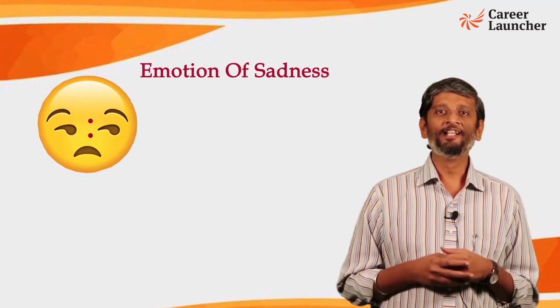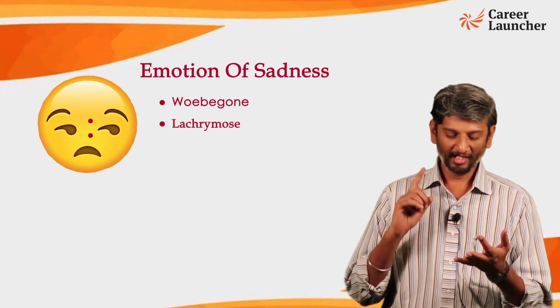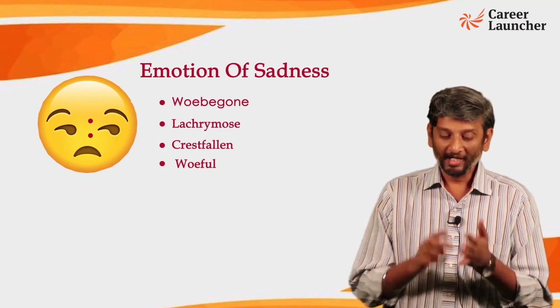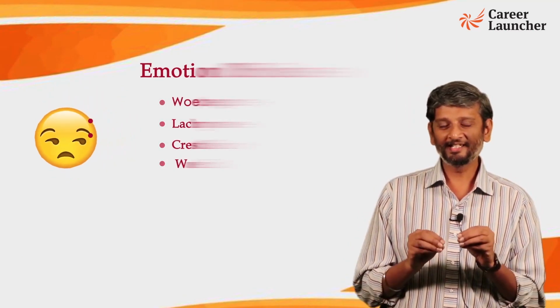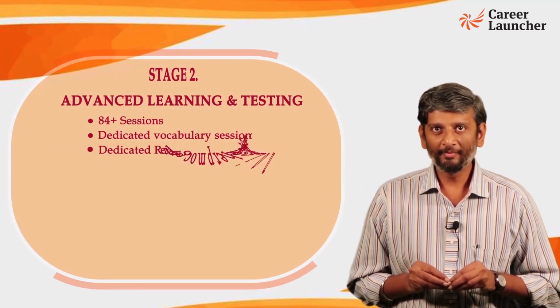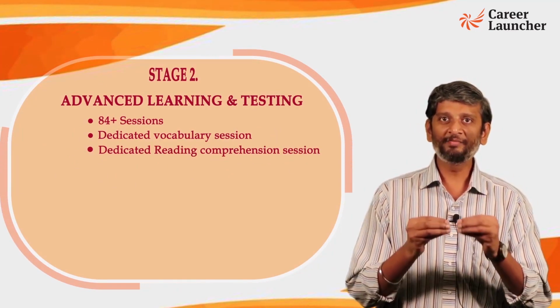For example, if you want to express the emotion of sadness, you can say you are woebegone, you can say you are lachrymose, you can say you are crestfallen, you can say you are woeful, but each of these words has a different nuance. So in vocabulary sessions, the focus would be on understanding that nuance, right? Then when you come to reading comprehension sessions, we'll again cover the basics, give you a list maybe of what